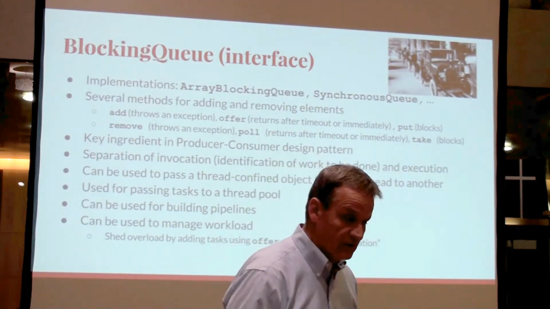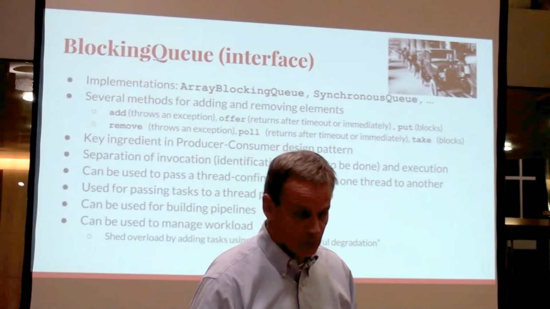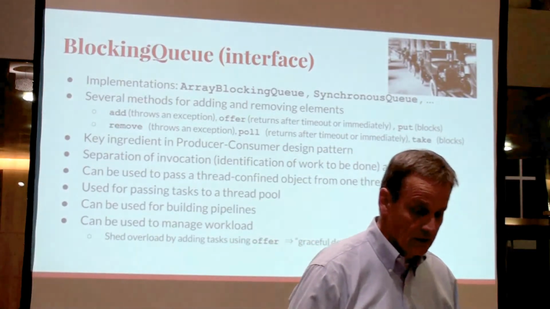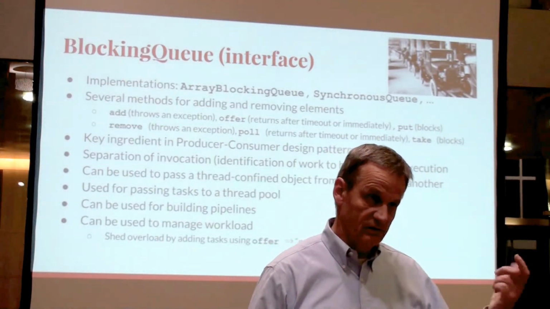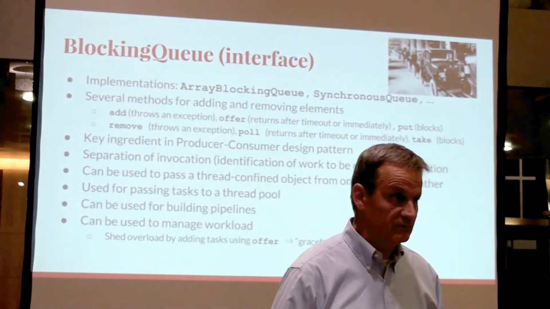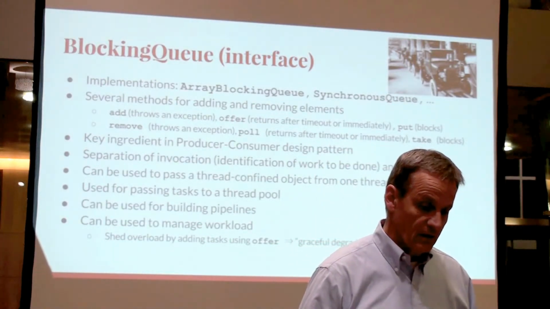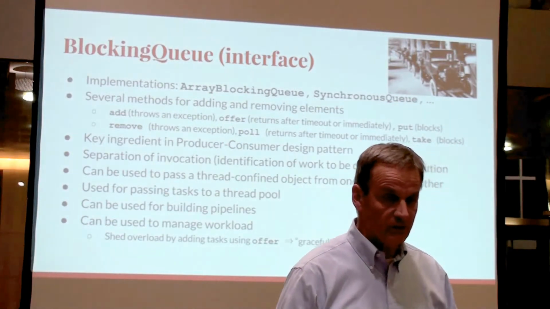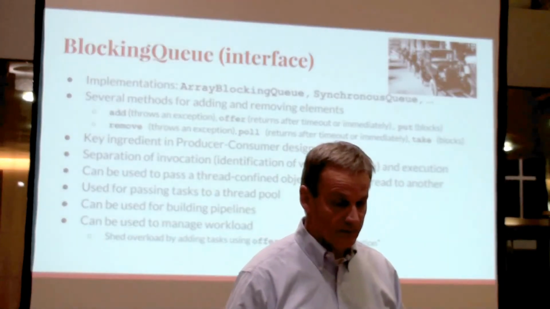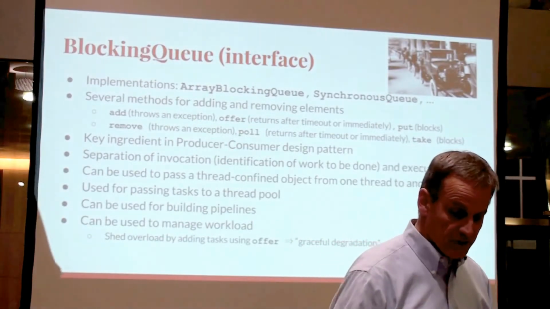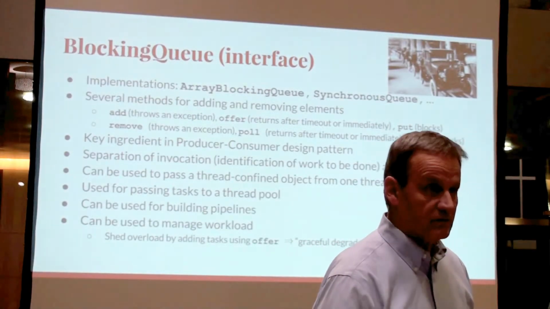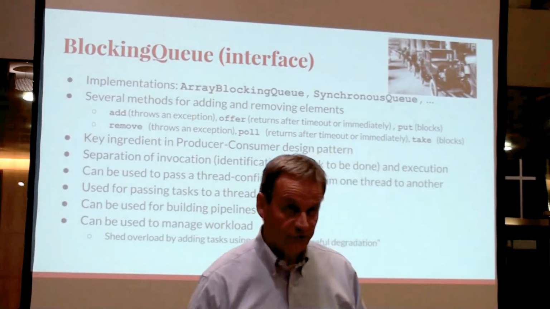So one of my favorite classes, or interfaces, is BlockingQueue. The ring buffer that I showed is kind of a lightweight blocking queue implementation. It has several implementations: ArrayBlockingQueue, LinkedBlockingQueue, and so on. It has this very special implementation called SynchronousQueue, which is a queue of size 0,